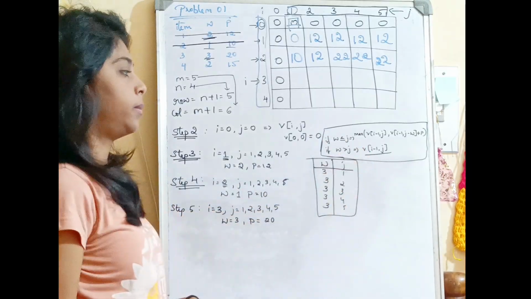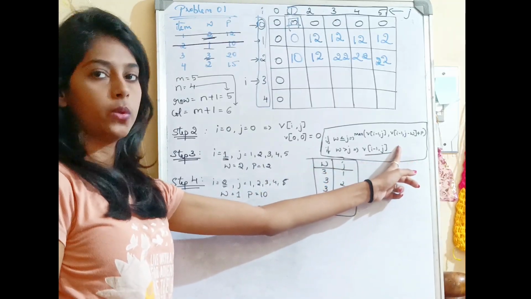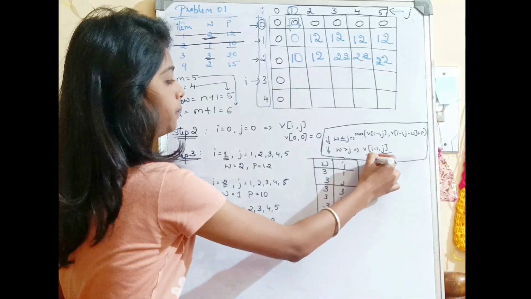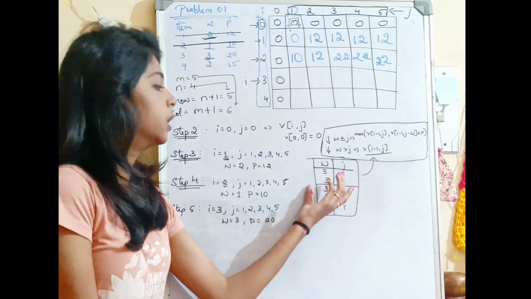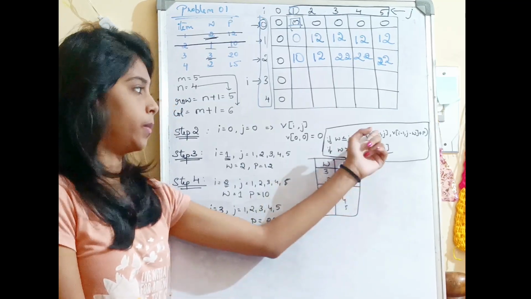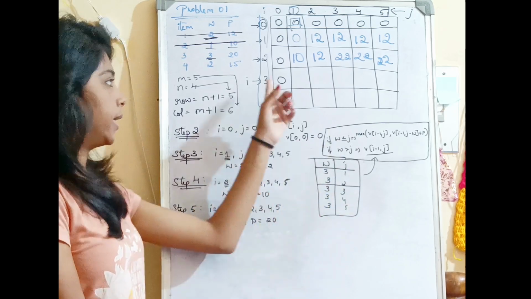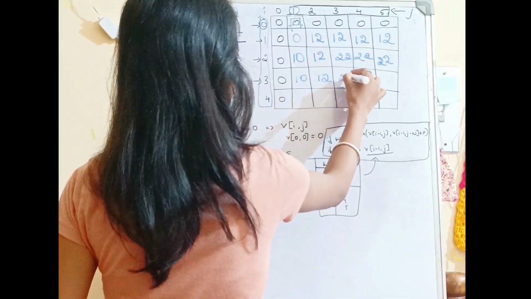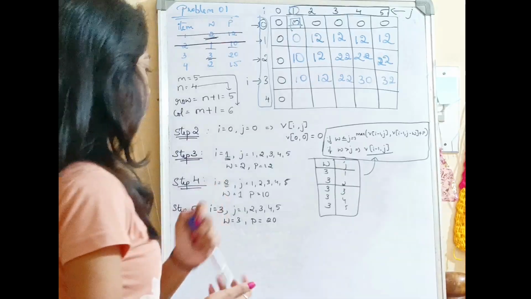So which formula will we be using if the weight is greater than j? We will be using the small formula. Use this formula, and then here also till here you can use this formula as the weight is greater than j. So from here what happens? The weight is equal to j, so the bigger formula. Weight is lesser than j, so bigger formula. Weight is again lesser than j, so bigger formula. Use this, you will get the answer as 10, 12, 22, 30, 32. So in the same way, if you solve